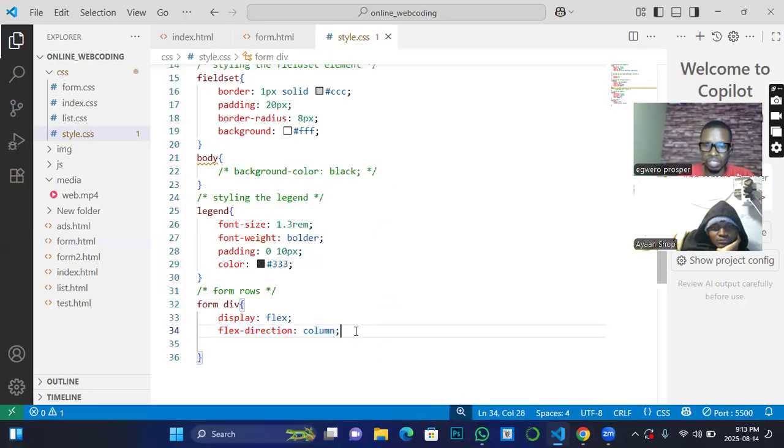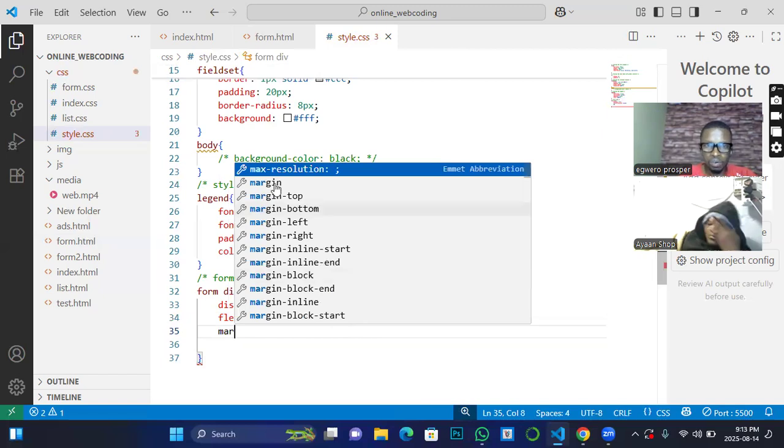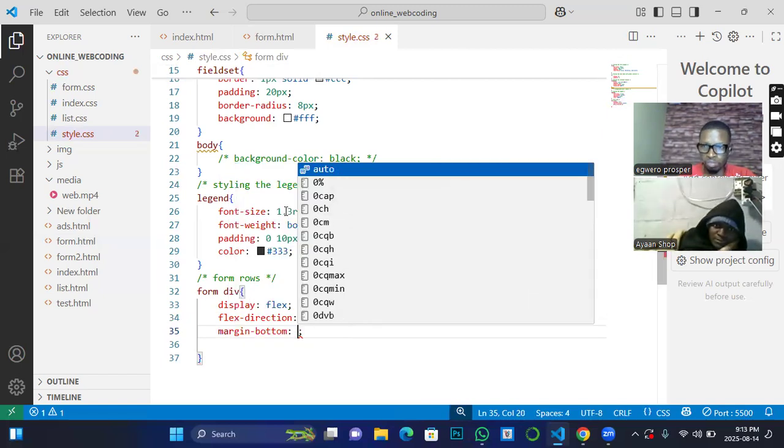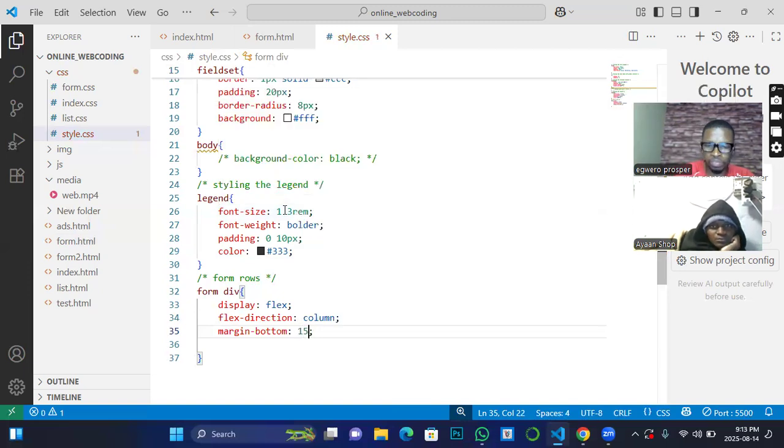Now, the next thing is I want to set some margin, and only at the bottom, not all sides. If it were all sides, I would have used margin. But in as much as I say margin-bottom, that means I just want it to affect one particular side. So I will say, okay, give me margin of 15